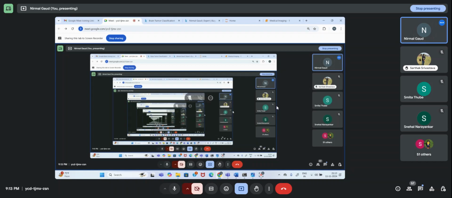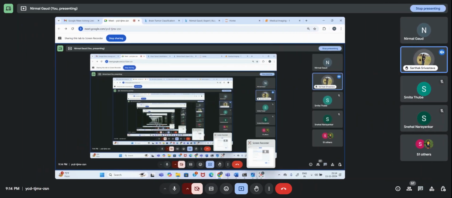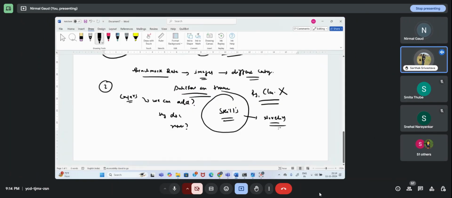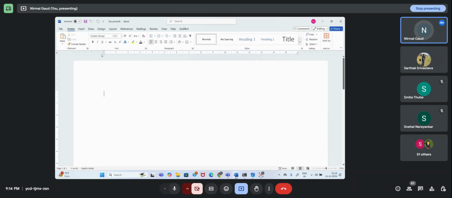Okay, yes, Sarthak. You talked about creating an architecture if you don't want to use a pre-trained model. Is there any way, if there are some images or some kind of a project, that we want to use our own architecture for the future? Yes. We'll use our own architecture also. We'll use pre-trained also. We'll build our own architecture based upon the CNN. That's what we are going to do.